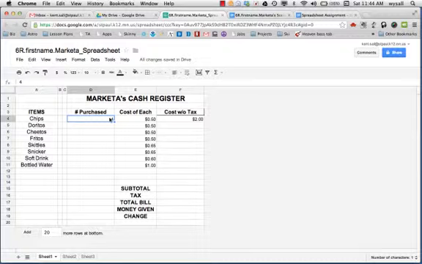Now let's see if it works. What if I changed it to just 2 bags of chips? Changes it to $1, so our formula is working. As you can see, we have a few more items, so let's go ahead and calculate and get our cash